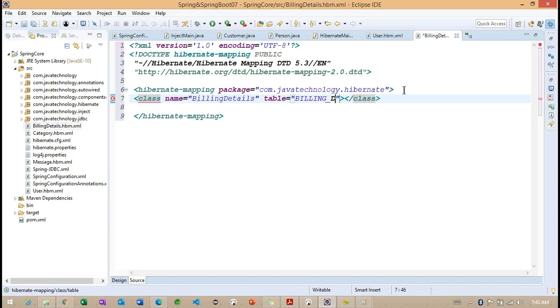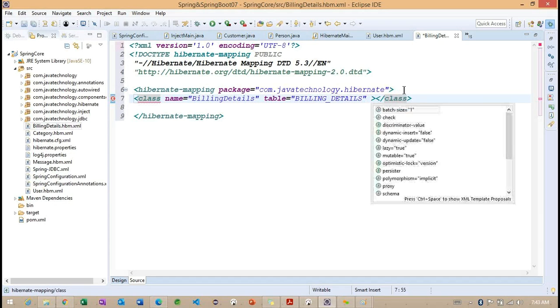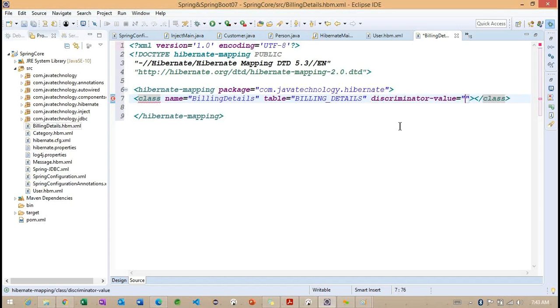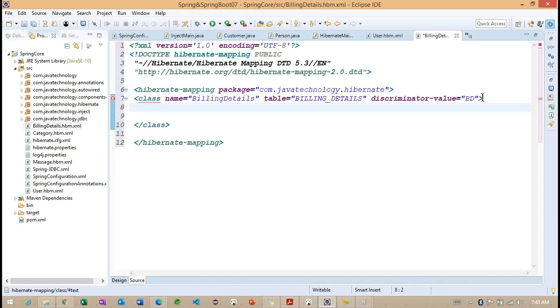Something called billing details. Right. So here we are having one column, something called discriminator value. Here we need to specify the billing details. When we are trying to provide this particular information here, after this, what we need to provide?